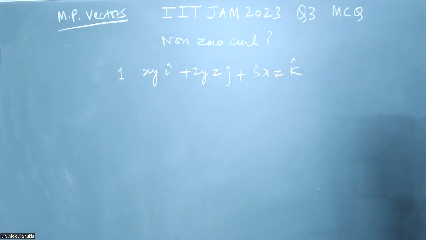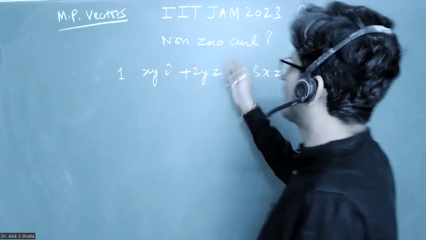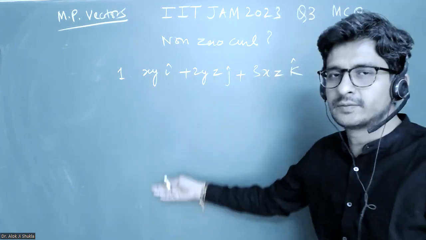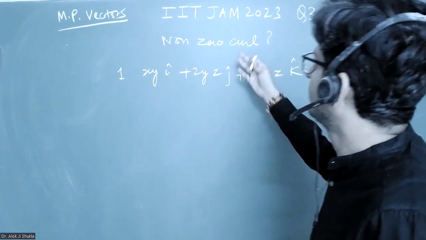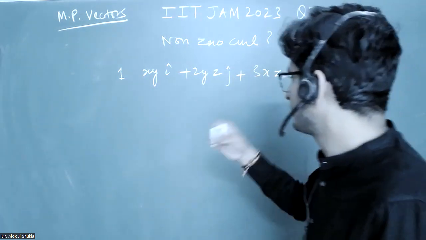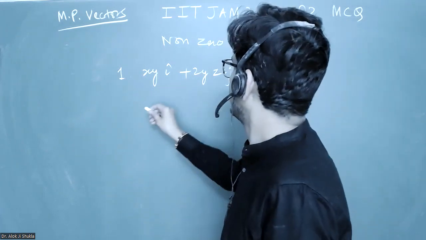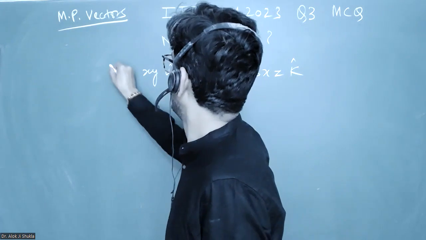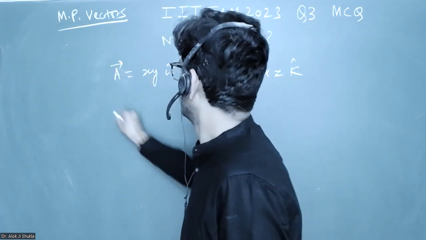So this was a question on curl of a vector, and this is the vector given, and four vectors were given actually, and they have asked which one of the following has non-zero curl. So let us start from the first one. So if I take this as a vector, say suppose this is capital A is a vector,